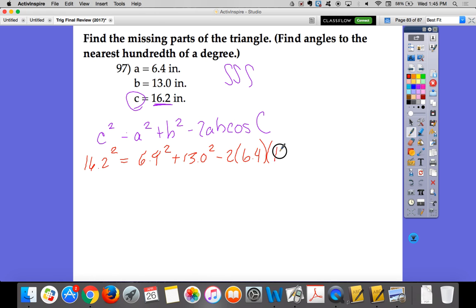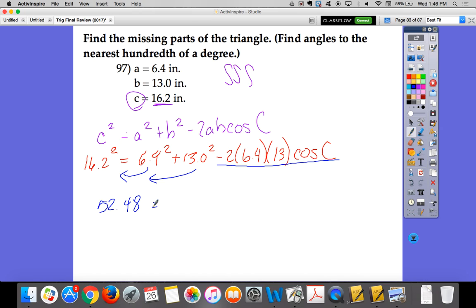So 16.2 squared equals 6.4 squared plus 13.0 squared minus... And again, it's just a matter of can you write it all down. We are looking for the angle, so it's going to be a little different. The way I've shown y'all to get things done, remember, this is a package deal. You can't split that up. So these two terms need to go over here and join the other numeric term. So we have 16.2 squared minus 6.4 squared minus 13 squared gives me